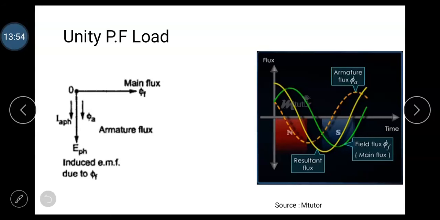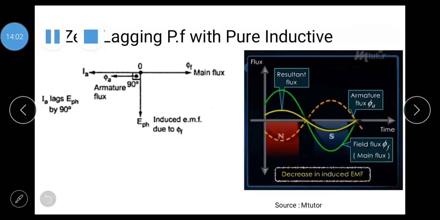Due to such distortion, there will be some drop in the terminal voltage of an alternator. Now we'll see